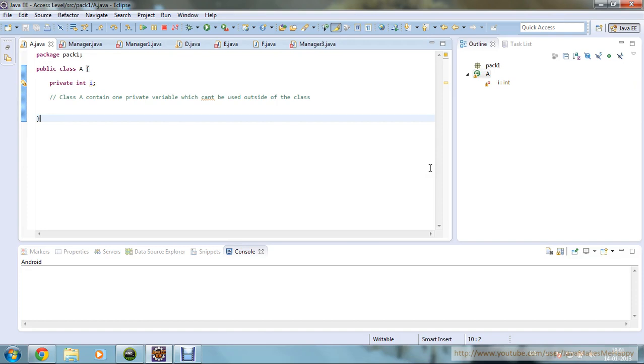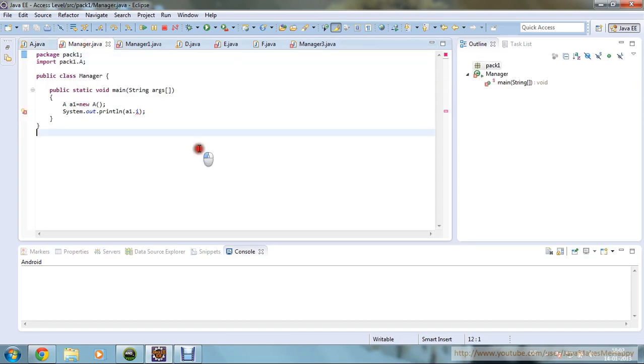So here I have declared one package, and this class A is inside the package named pack1, and I have declared one private variable, that is an access level of private. Okay, now I'm going to use this private integer i in my same package but in a different